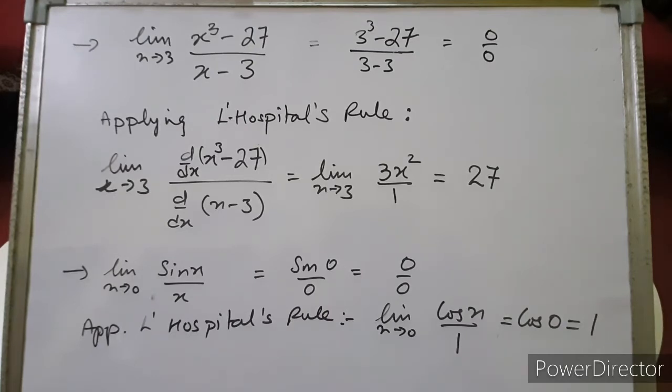Indeterminate form, 0 upon 0. So what we'll do? We can now apply L'Hospital rule, since we are getting 0 upon 0 form. Applying L'Hospital rule, we'll separately differentiate the numerator and denominator. So when we differentiate, d by dx of sin x will be cos x and d by dx of x will be 1. Right? So limit x tends to 0, cos x. When you put x equals 0 here, we'll get cos 0, and cos 0 has value 1. So we can say that limit x tends to 0, sin x upon x is equal to 1. Right, children? Note down, please.